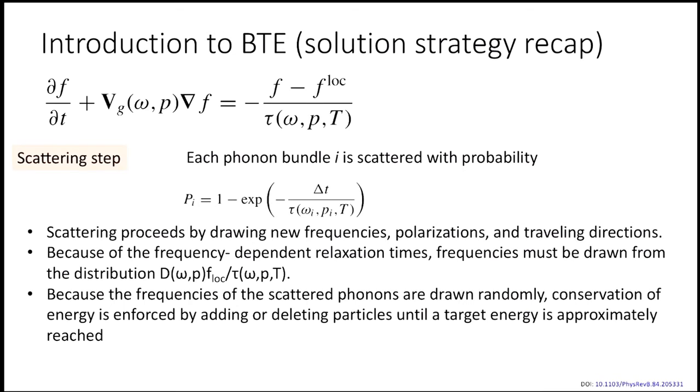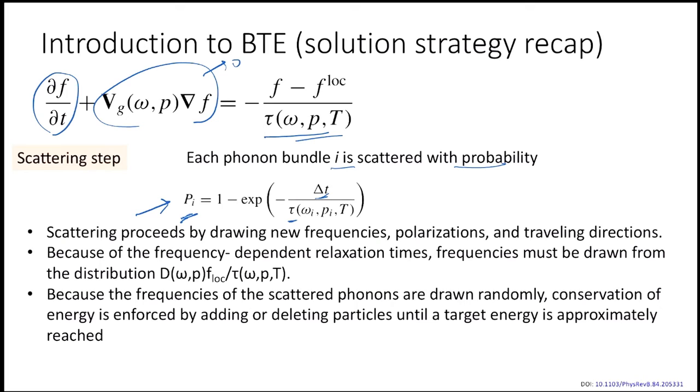Okay, so next we came to the point where we said this phonon bundle scatters with some probability pi, and as I said, the factor would come if you put this equal to 0, and if you solve the remaining equation, you would get this probability function, which essentially says, whatever the tau is and the time step is, whether the phonon would scatter or not. So you could draw a random number and compare with this pi, and depending on whether it is more or less, it would scatter. So this step would tell you if the scattering would happen or not.